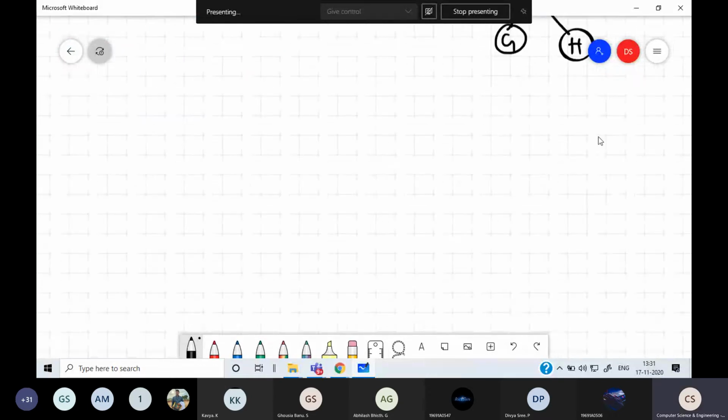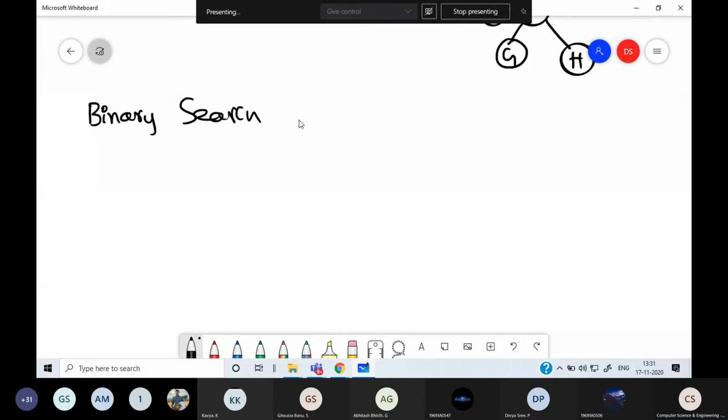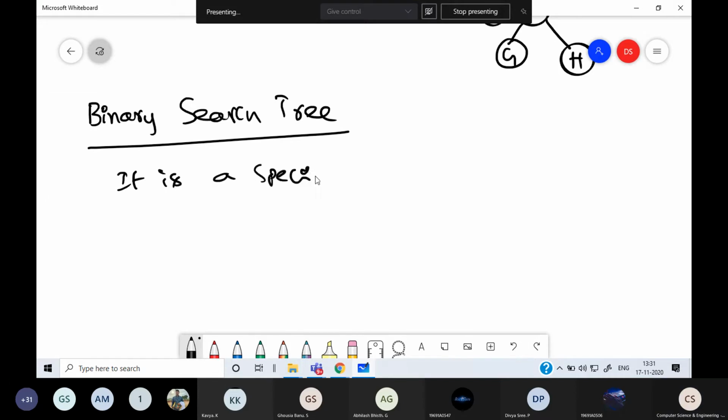Traversals we have seen. Next, before we write a program, we have to consider a special binary tree, which we call a binary search tree. It's a special binary tree. So what is this special binary tree? What is the property? The specialty comes with one constraint, one property.